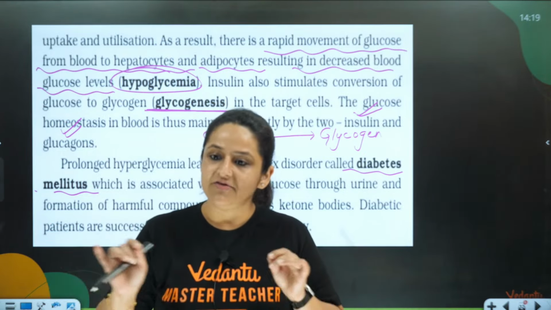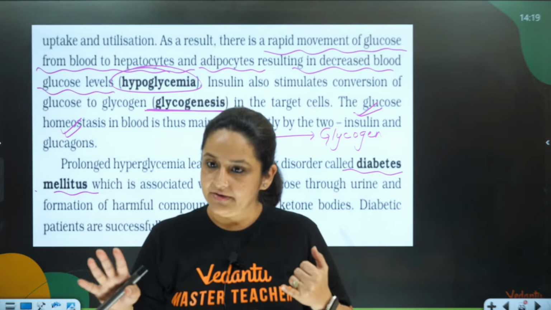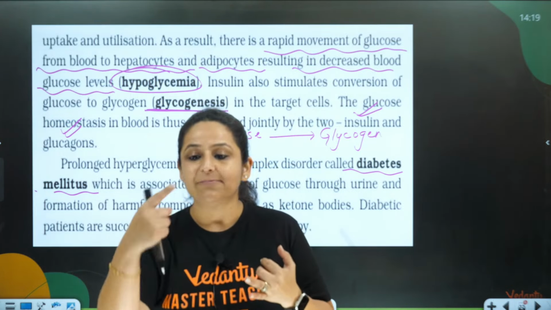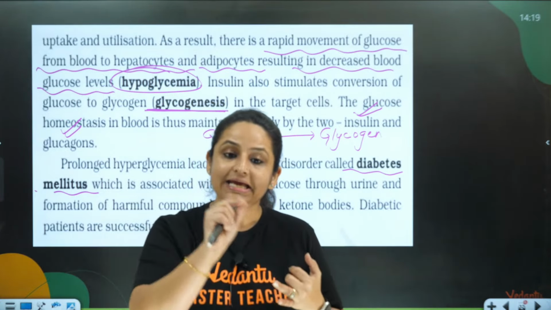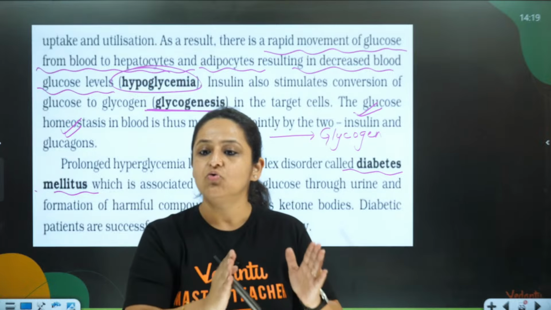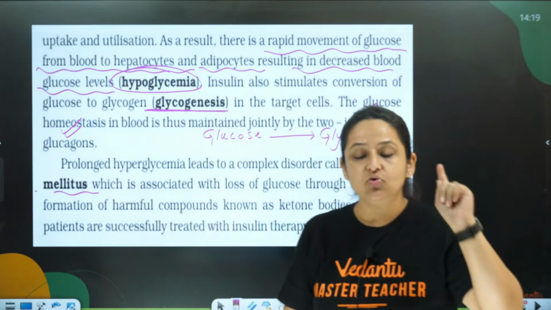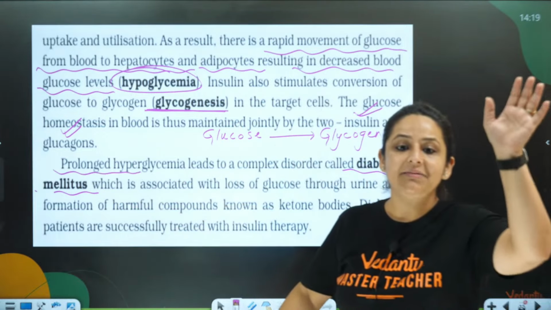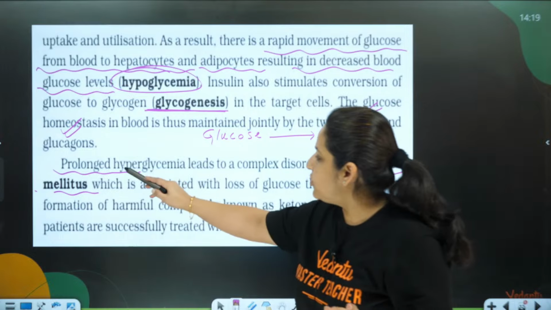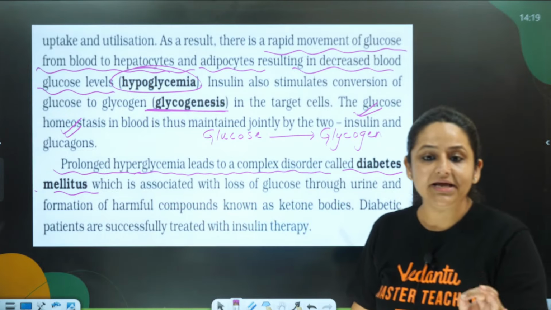In either case, whether insulin is not present in sufficient amount, or the insulin receptors are not present or not functioning properly, the blood glucose levels will be high. And if this blood glucose level remains high for a prolonged period of time, this prolonged hyperglycemia results in a complete